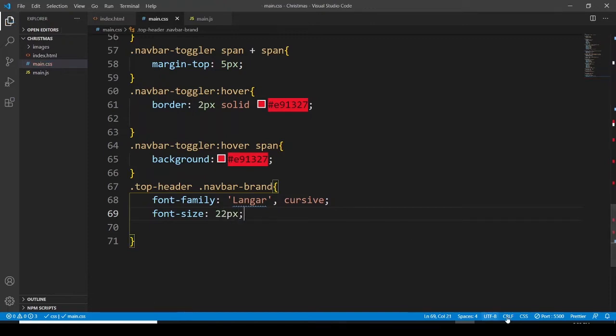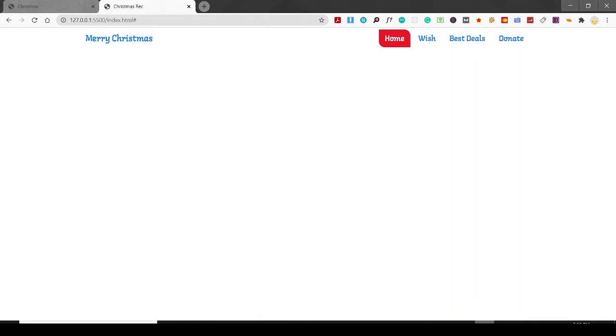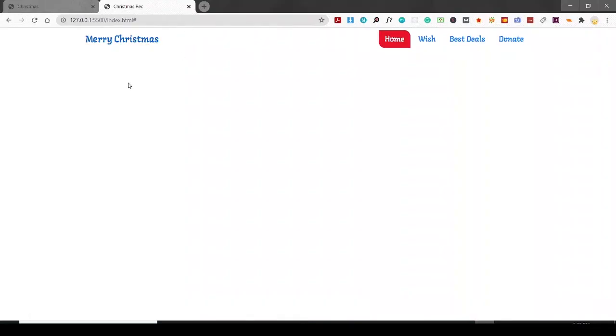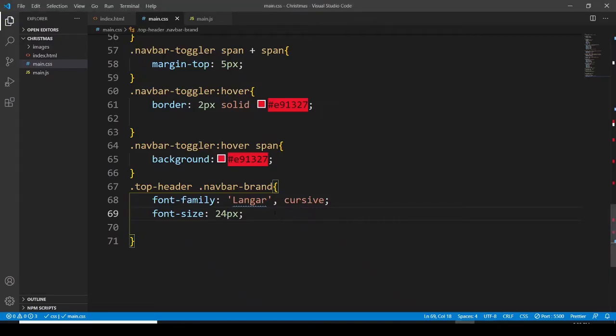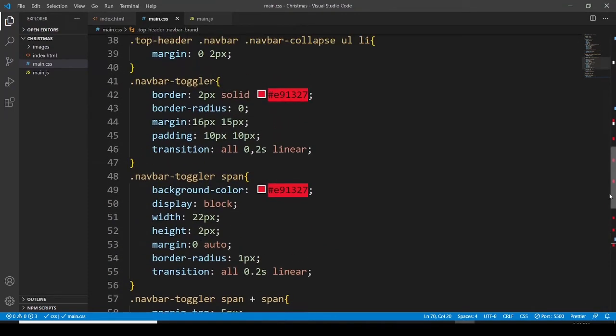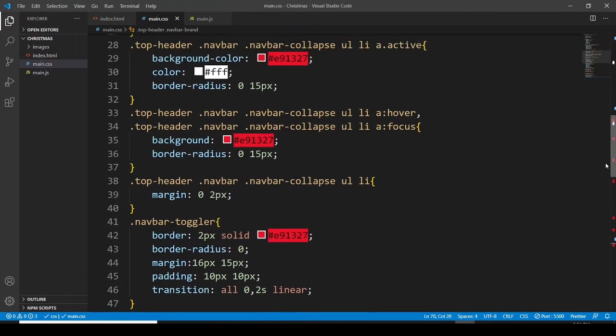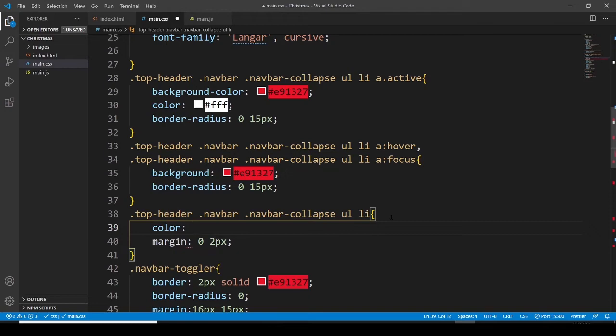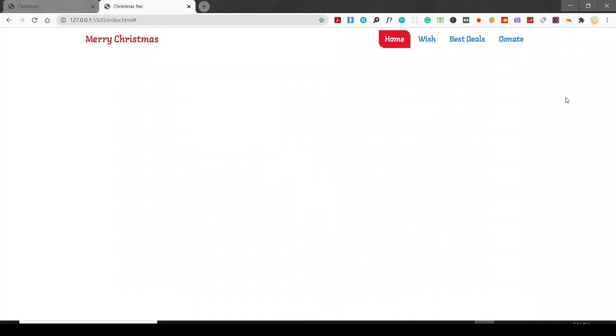Okay, here we are, and no, not looking good with 22 pixels. Let's go with 24. Let's see, and yeah, looking good. And if we want to change the color, so the color is going to be, yep, okay, looking good. Let's change the nav links color also. So where are the links, and here, let's change the color, but because the active link is not here,